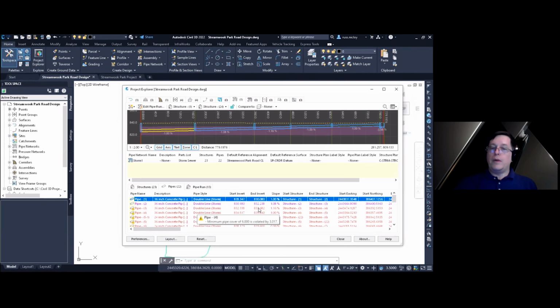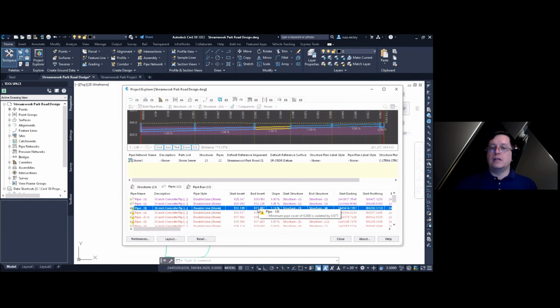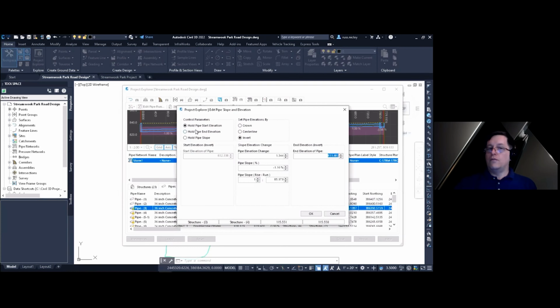So I'm going to come in here and, well, maybe I just need to adjust this pipe. I'm going to double click in an elevation or in the slope field, and you would get all of this information here. Basically, you can change your mind how you want to edit this by the different choices that you have here. Pipe elevation by crown, centerline, or invert. Do you want to hold the start or do you want to hold the end? Notice it's closing fields off for me as I do that, or hold both. With this selected, I could type in an actual elevation, or I could give it a relative elevation. I need to raise this up by 6 feet or drop it down by 1.5 feet. I could type that number in and it would adjust that way.